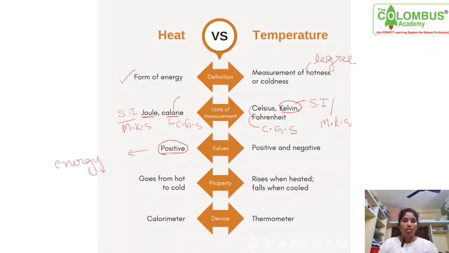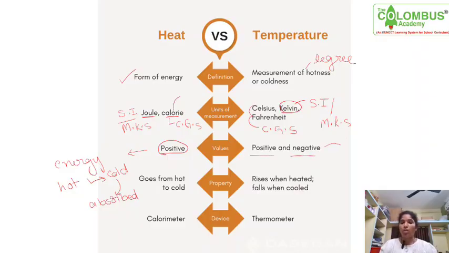Energy moves from a hot body to a cold body. So always the body will absorb energy. It will not lose the energy. Always it absorbs the energy. That's why it is always positive. But the temperature may be positive or may be negative. Why? Because